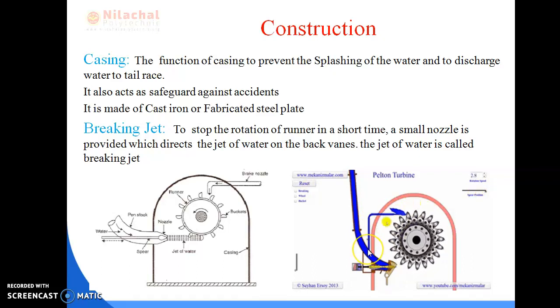Again, the pipe is connected from the penstock, and at the end of the pipe a nozzle is fitted. From that nozzle we get a high velocity of water, and this high velocity water will decrease the motion of the rotation of the shaft. In this way we are going to brake or stop the motion of the runner, so that we can safeguard the runner bearings.